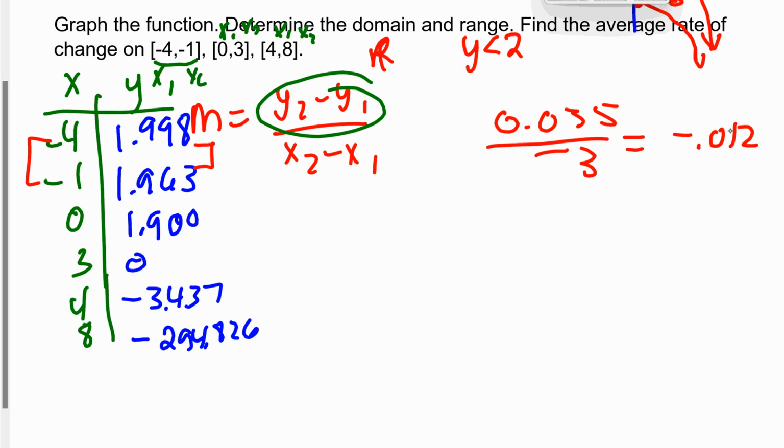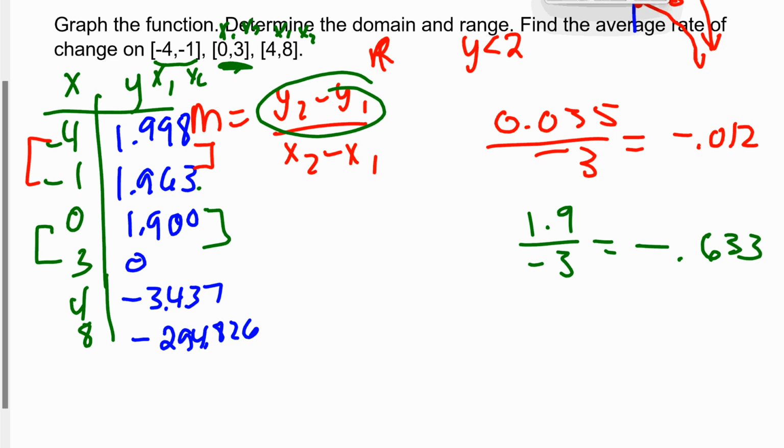I get -0.012. Then let's switch colors here. I take the difference of these two, which is 0.063. Oh, I guess I'm not asked to find those two, sorry. I'm asked to find the difference of these two, 0 and 3 right there. So let's correct that. That'd be 1.9, and the difference between these two, which is -3. Divide those, and you get